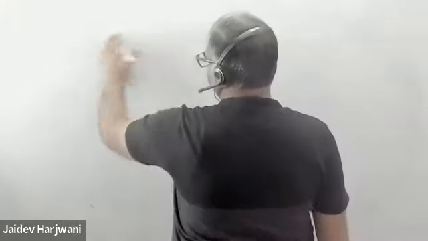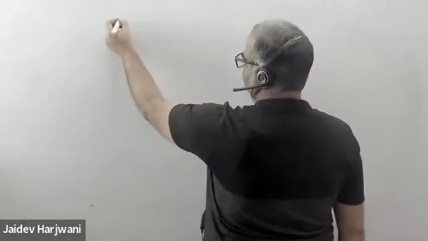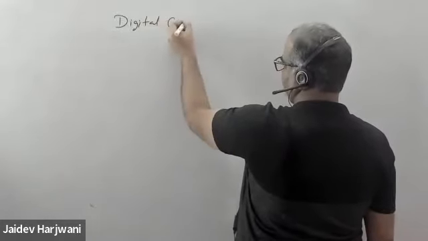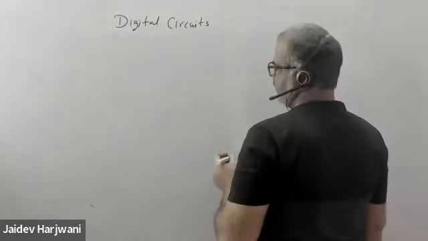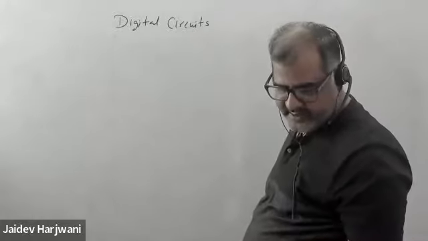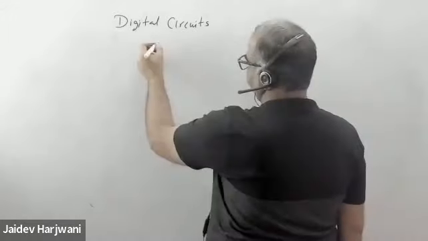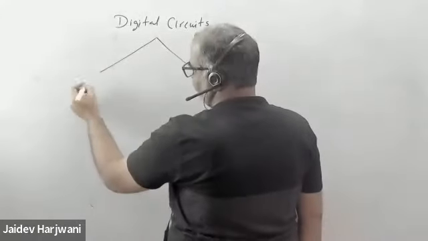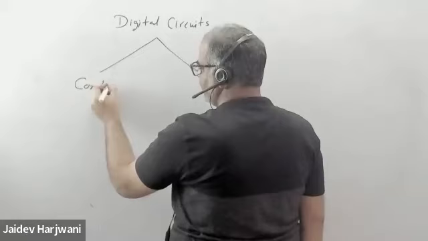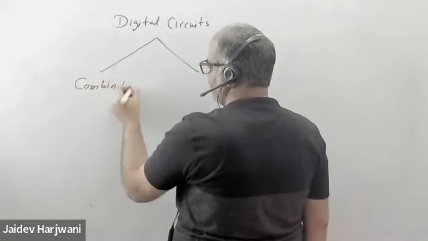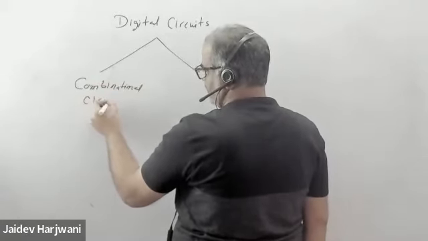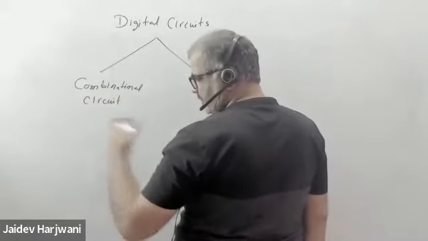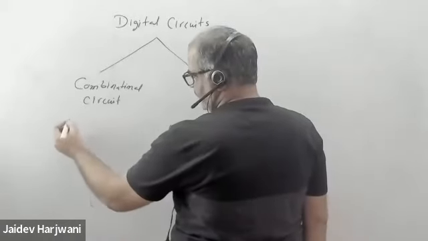That is your sequential circuit. Okay, so we have digital circuits. Now digital circuits can be classified in two ways. One is called your combinational circuits. Combinational circuits are what we have been doing so far,